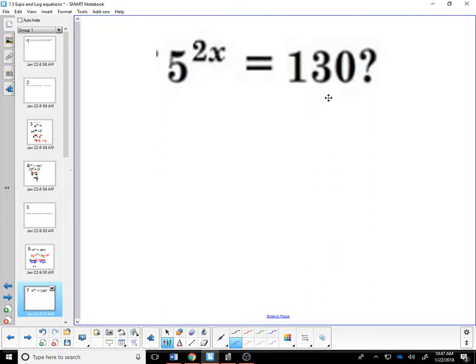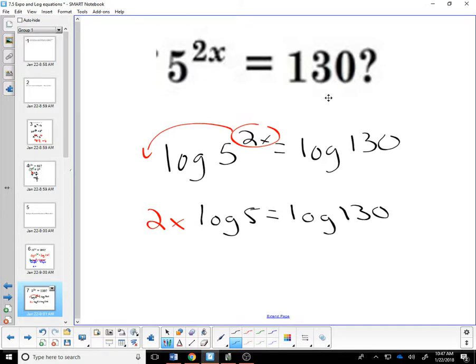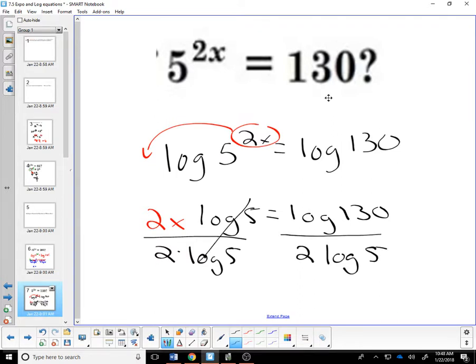1.2. Oh, well, what'd you do here first? I divided them. You divided them? I mean, I put it in the log. You took the log of each? Yeah. So log of 5 to the 2x and log of 130? Yeah. Then I put the 2x up front. So that gave you 2x times the log of 5 equals log of 130. Yeah. But then I took log base 10 of 130. And then I divided by 2 times log base 10 of 5. So x is equal to